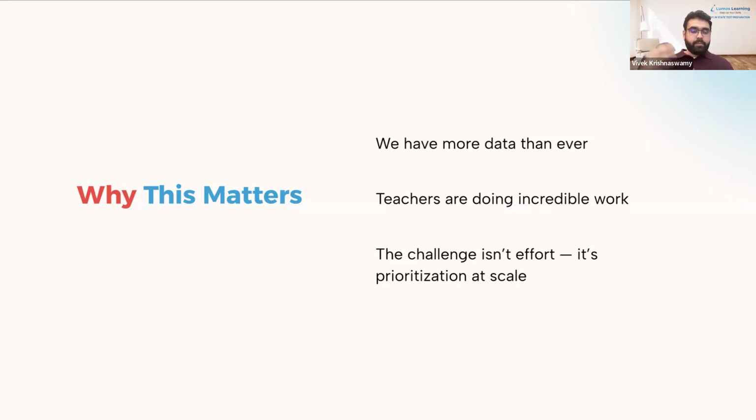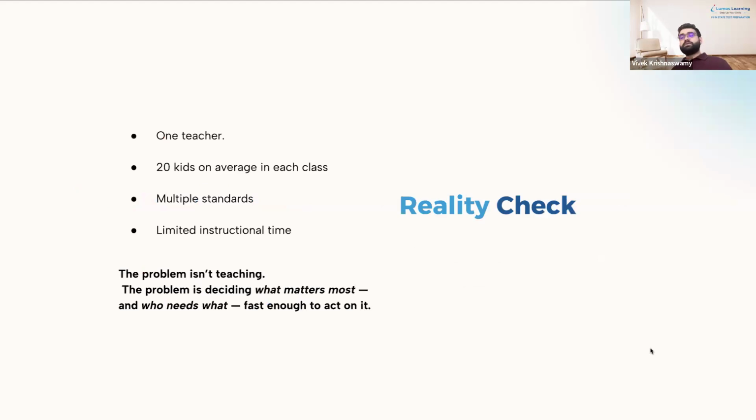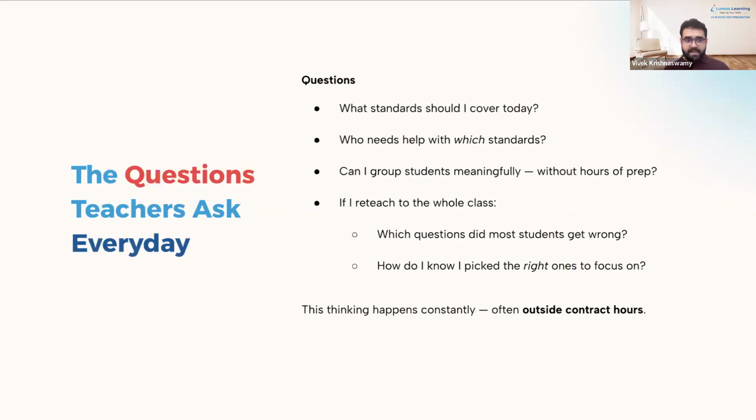Okay, great. Maybe from a practice test that I'm taking, I'm able to figure out what the students need a little bit of help with. But then how do I make sure that they get that help? It's actually pretty difficult to spend time creating those questions and figuring out which students need to be put into which groups. In terms of a reality check, we have 20 kids on average in each class, lots of different standards, and very limited instructional time. We see a lot of people taking the time to decide what matters outside of contract hours. And I'm sure we have so many educators on the line today.